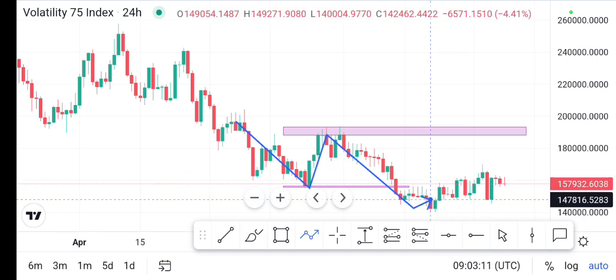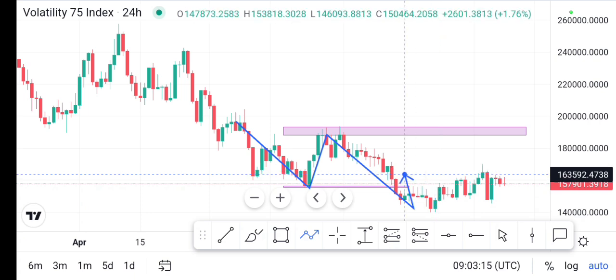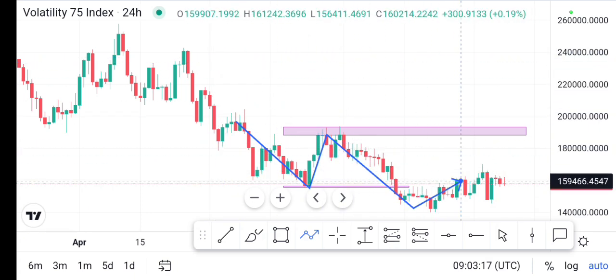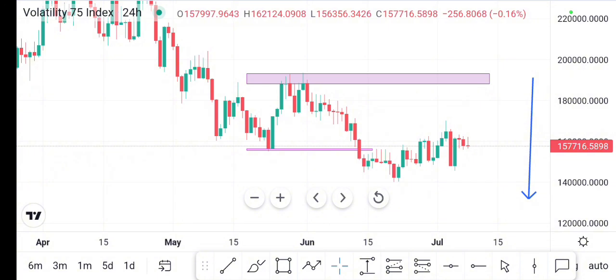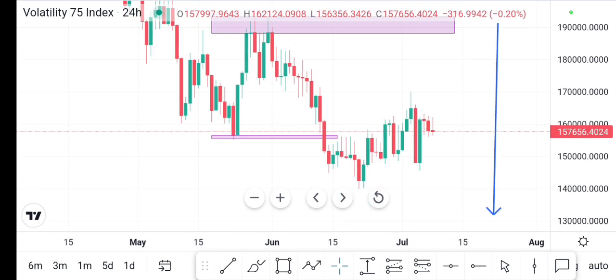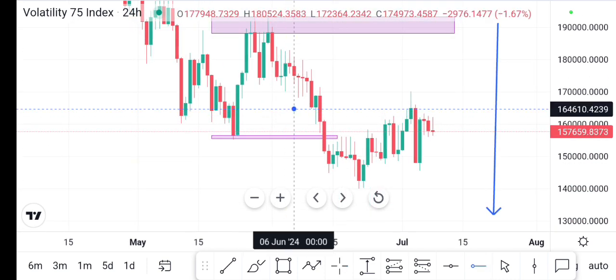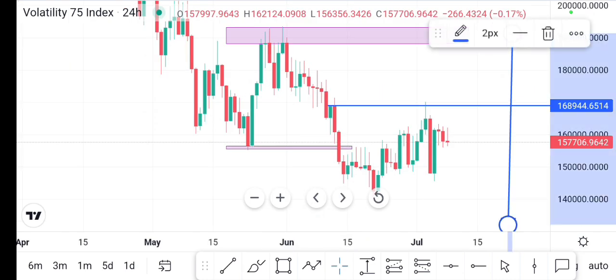Whatever is happening around this area, we keep looking for selling opportunities. Yes, we can get buy opportunities, but those will be short-term buys. In the long term, it is the overall downtrend. So now we have our highs and lows, which are still valid. What do we see here? If you can see very well, the market came and retested this area. This was an area where the retest happened.